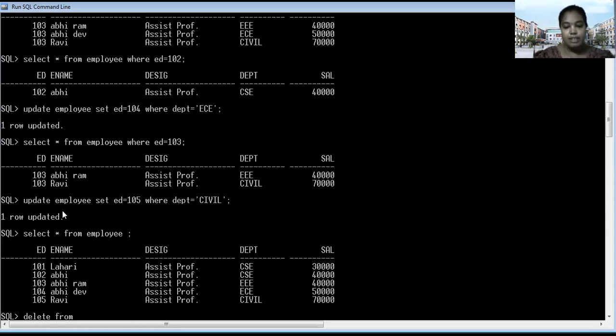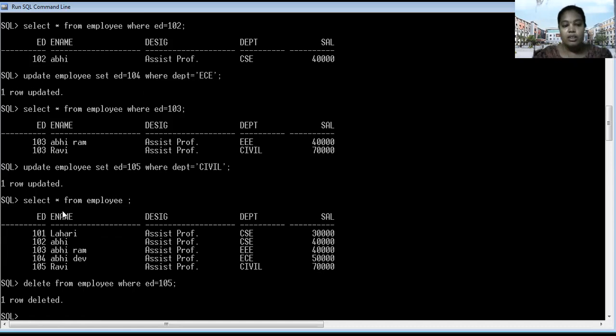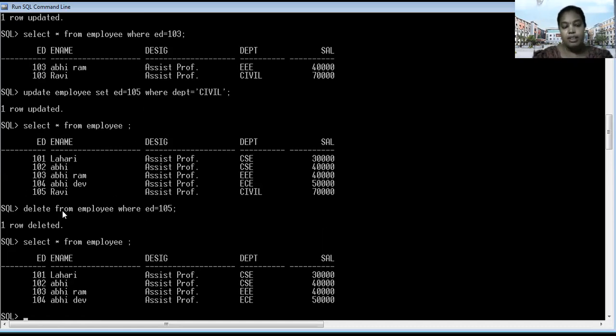Here the table name is employee, where employee ID is 105. The civil employee we have to remove from here. One row deleted. Now you have to see whether it is deleted from the table or not. Yes, it was deleted.